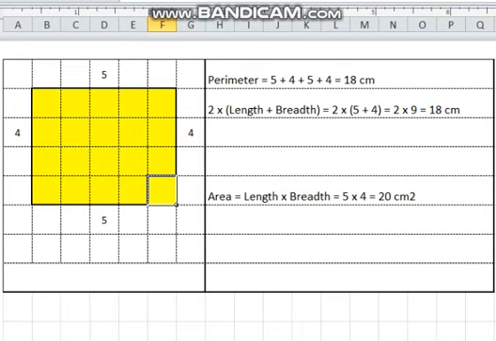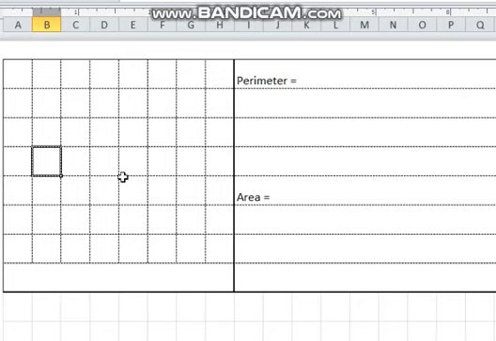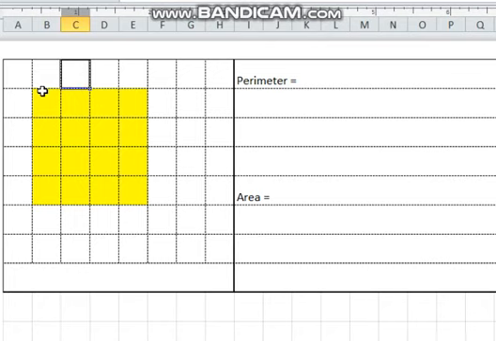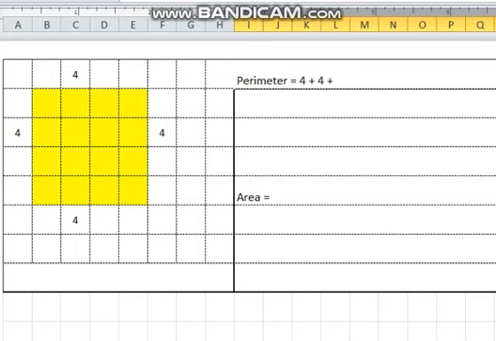Okay, so this is how we get the perimeter and the area for the rectangle. Now I want to show you an example about the square. Please remember about squares: all sides are equal. If I draw a 4 by 4 square here, the perimeter is the same again. You see the sides, 1, 2, 3, 4, this one is 4, and all sides are equal, 4, 4, and 4. So you do 4 plus 4 plus 4 plus 4